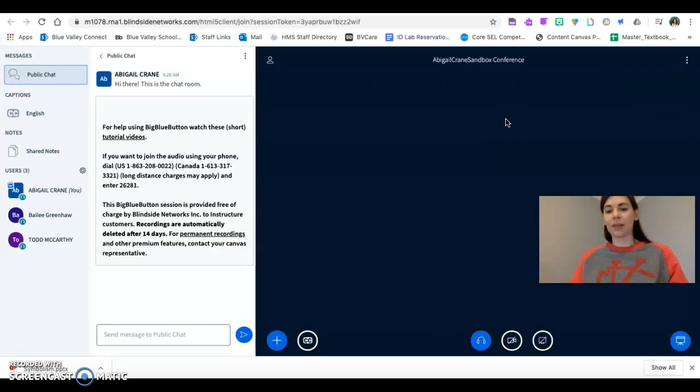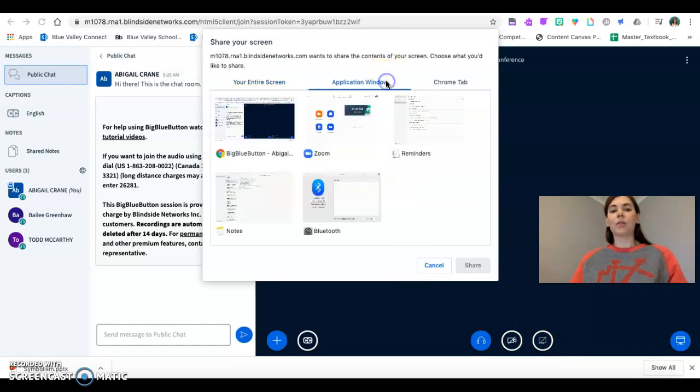But let's say I want to share my screen, very much like Zoom. There's this icon here. I can click Share My Screen. I can choose a specific application window. So for example, I have a Notes application open. I have my Google Chrome. I have Zoom, reminders, my settings. So I'm going to go ahead and just share